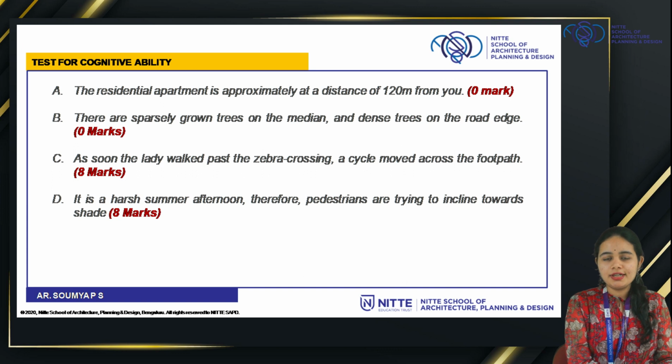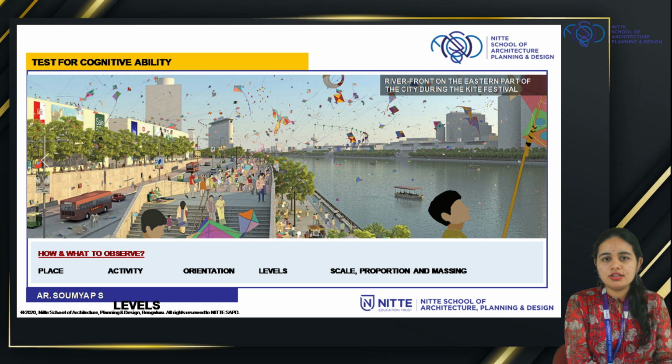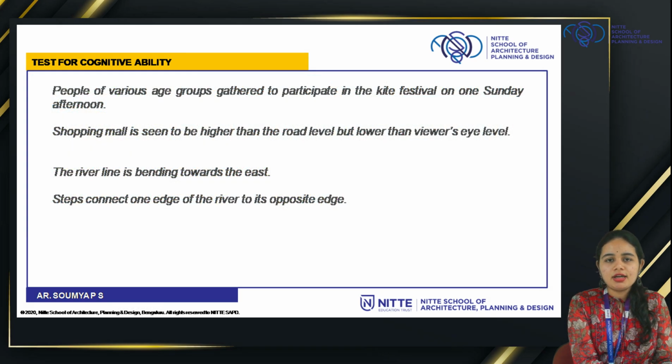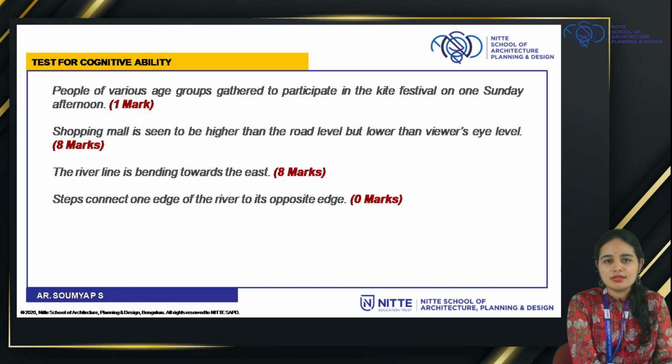Now let's move ahead to solve the third question. Given that this is an evening view of a riverfront development located at the eastern part of the city, you should easily judge the other cardinal directions like north, south and west. Also, the figure is much more complex because of multiple groups of people engaged in multiple activities happening at various ground planes. After careful observation, you should select the right choice. Here, A, B and C are the right answers.